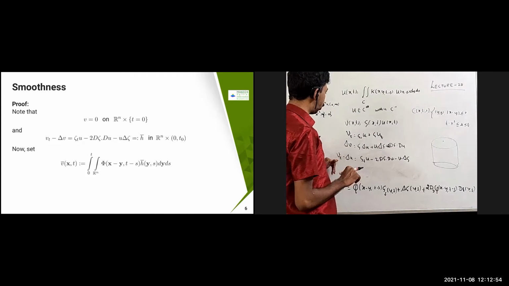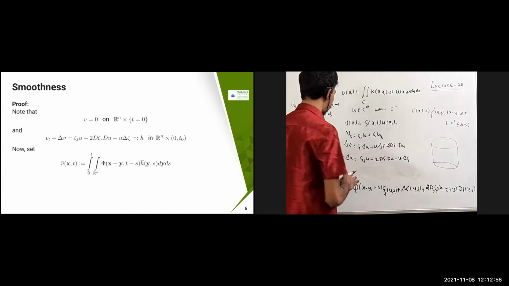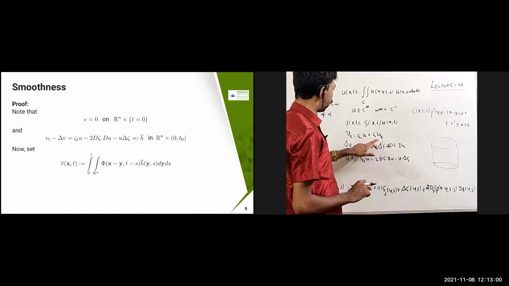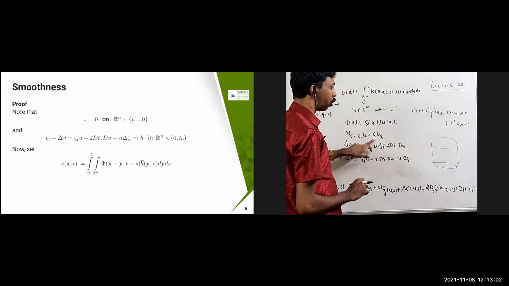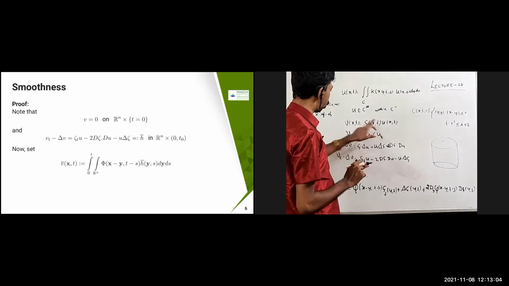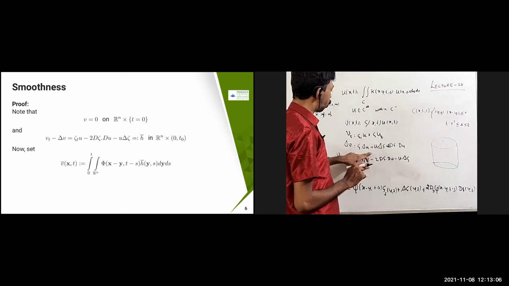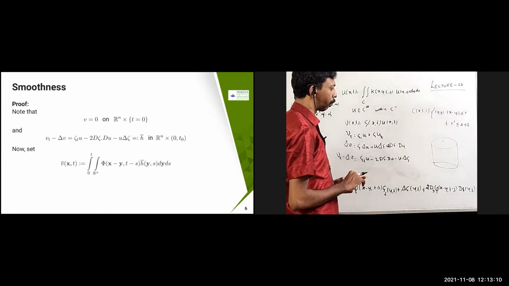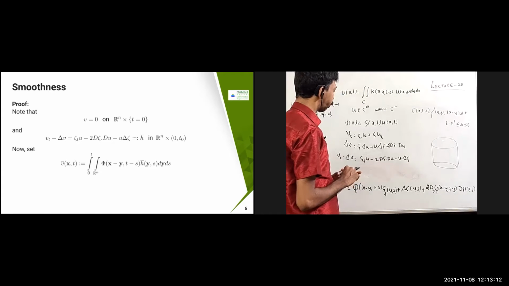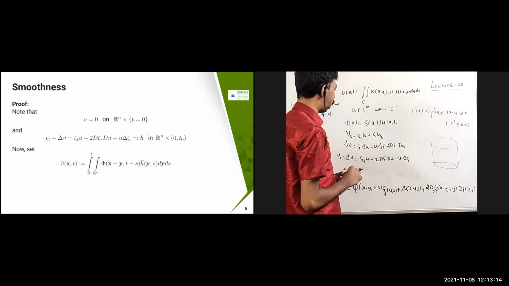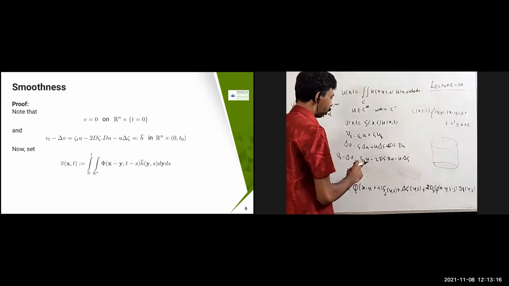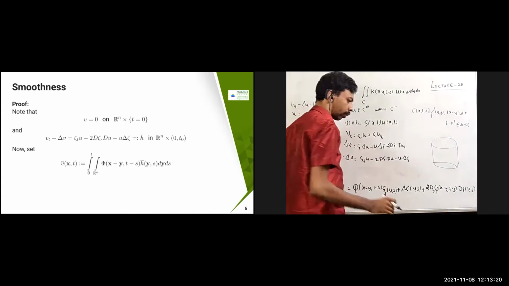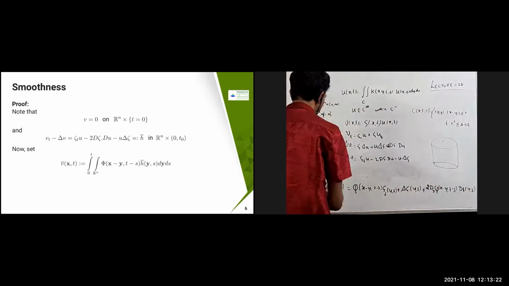So vt minus del v, equal to psi tu. And psi is again 0 on the outside of that thing, so it is going to be 0. So only these two are going to be there: 2 d psi du minus u del psi is going to come. And this is going to be there on the interior things. Or what I can do, so sorry, one second. Let me erase this one.